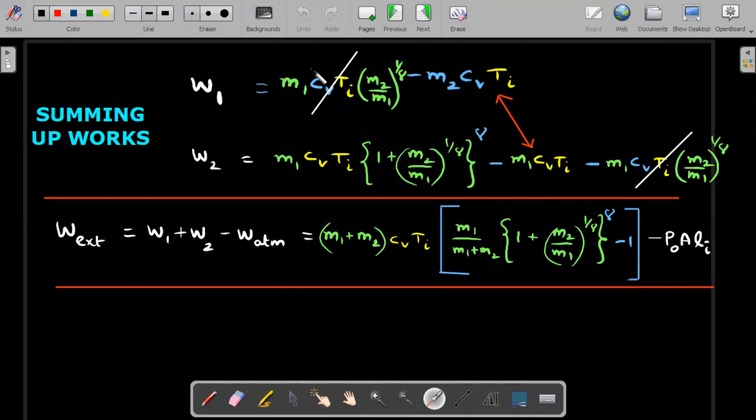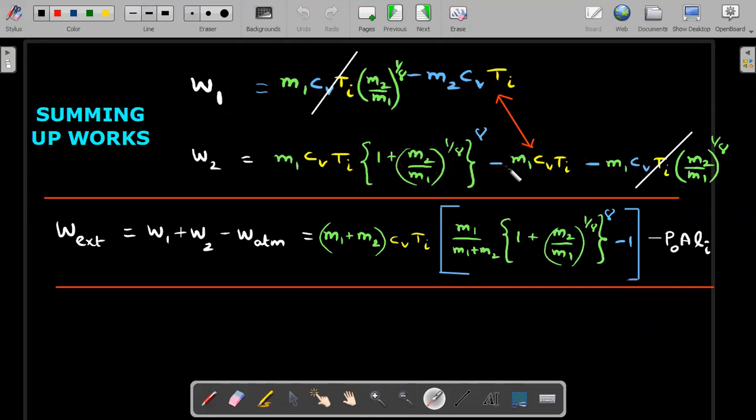So the W1 I got in the first page and W2 I got in the last one. A lot of terms are there, but you could see that cancellation happening here to here. This plus and this minus goes off, and these two you can take common, right? Because you will have M1 plus M2 term. So answer is this one plus with a negative term of M1 plus M2.